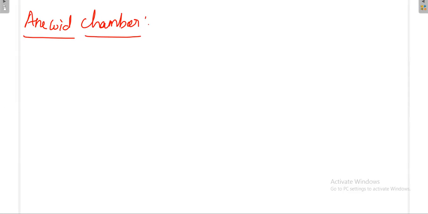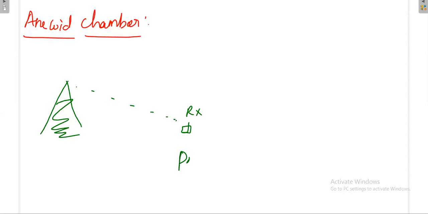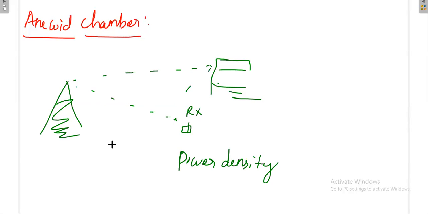Say for example, for simplicity, I am having one receiving antenna, a receiver, and my aim is to measure the power density here. I know that if I transmit some power, the power density is power divided by the area of an imaginary surface. If there is no reflection, then I can really measure the power density. But if some structure is there and the signal goes like this and comes like this, that will also add to mine, and then it creates confusion.